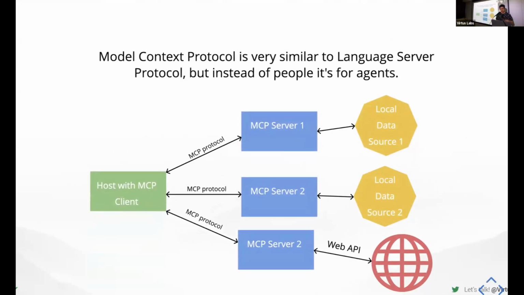So it's very similar to LSP. You have a client, which is usually an agent or an editor that will ask questions or send requests, JSON RPC requests, to some servers. Those servers can serve you some local data, or they can make requests to APIs. For example, if you want to know the weather somewhere, we want your agents to be able to not hallucinate about the weather, because if it hallucinates about the weather, then you go out in a raincoat and it's sunny. So you really want that not to be misleading. So you can have MCP servers that just do API calls somewhere to get you proper information.